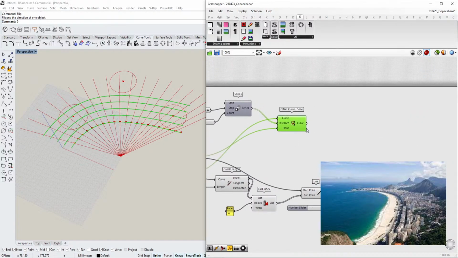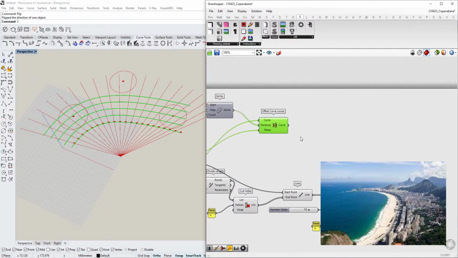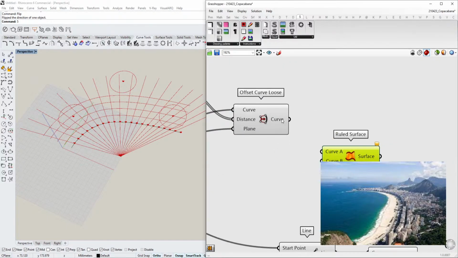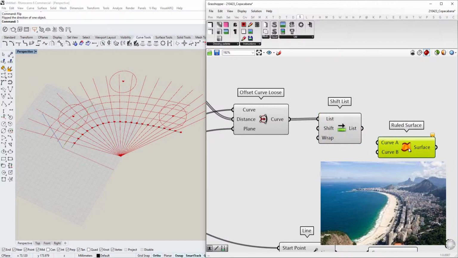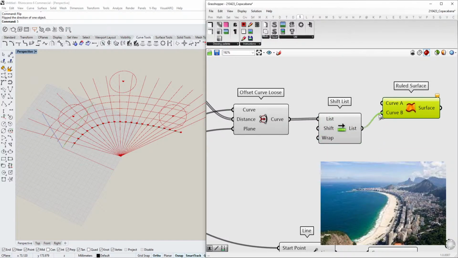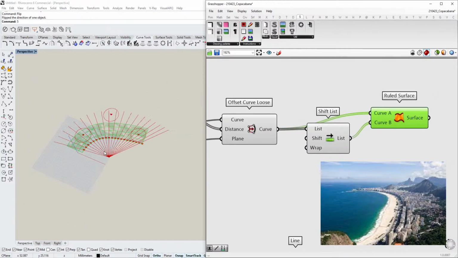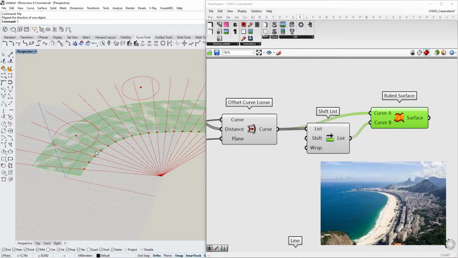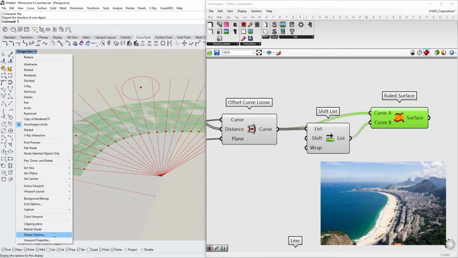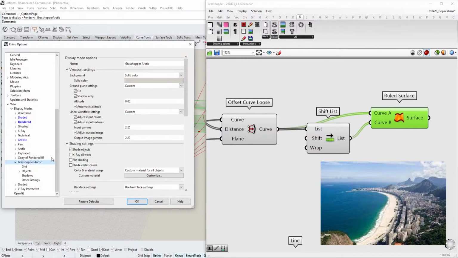And I will just create, what will I create? I will create lofts, no, ruled surfaces in between each of those surfaces. So I will just shift them by 1. I will not wrap it. And that's actually, wait, I want to change one thing,